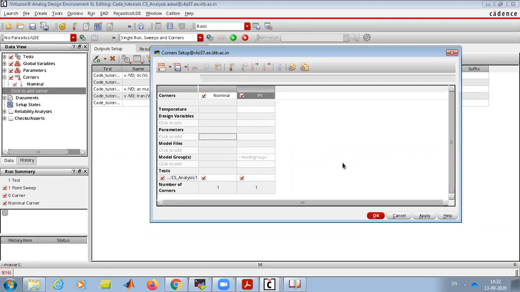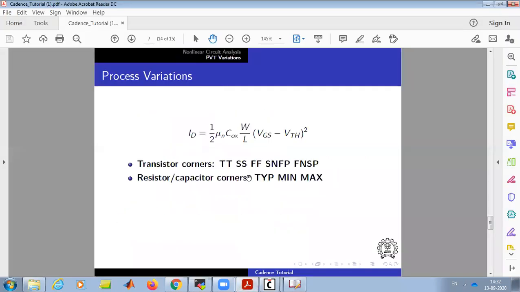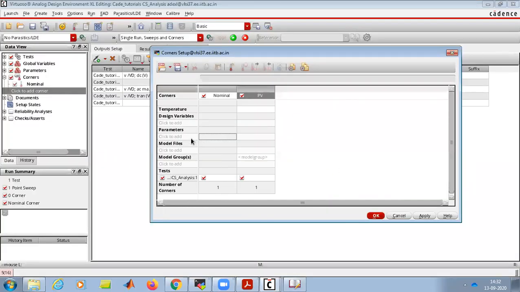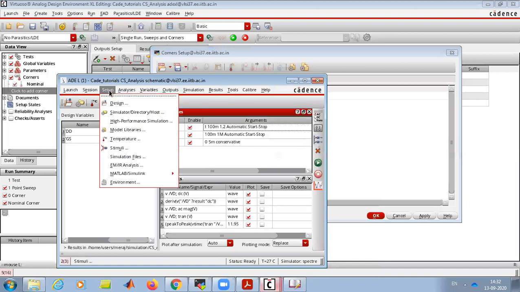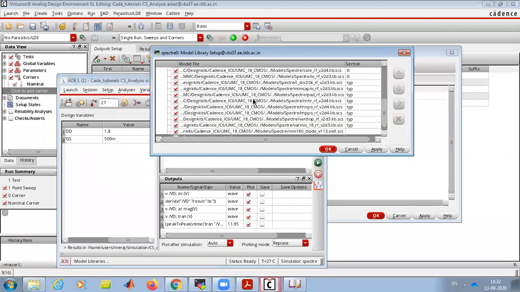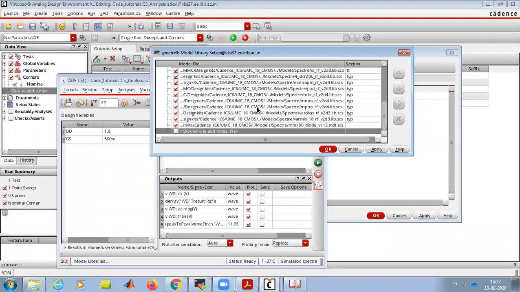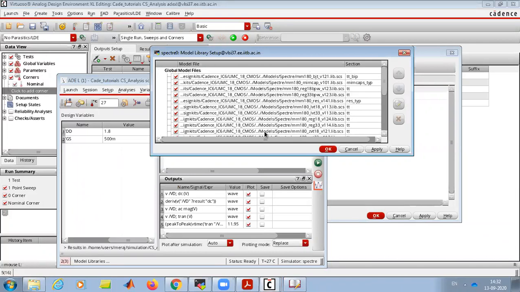Now, where is the information where we can change our parameters like TT, SS? All these parameters are available in the model files. If you see the ADE setup, there is the model libraries option. These are models for each and every component which the foundry provides. If you want to use a BJT, this model file gives the information.